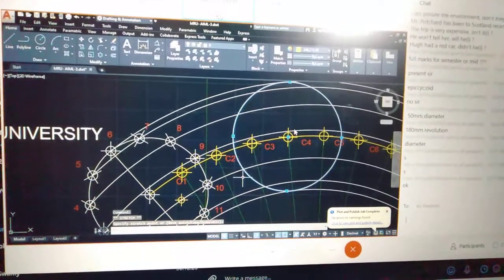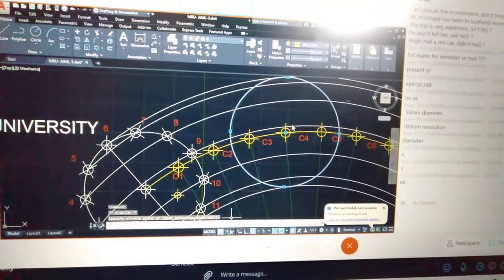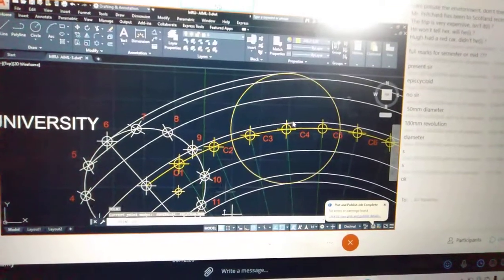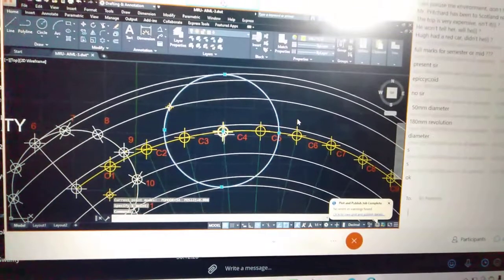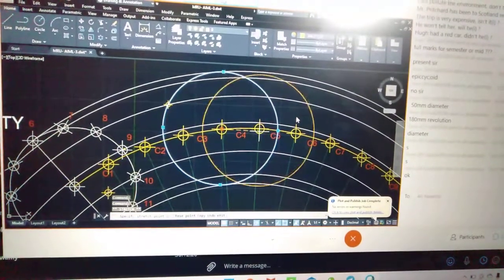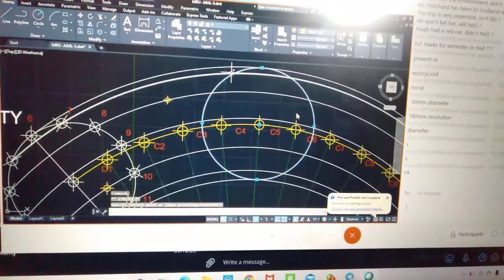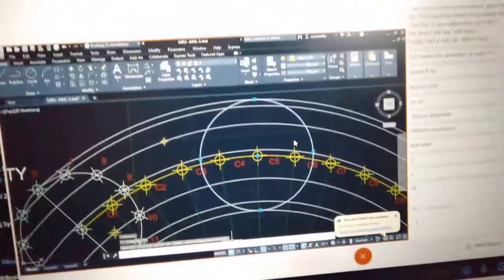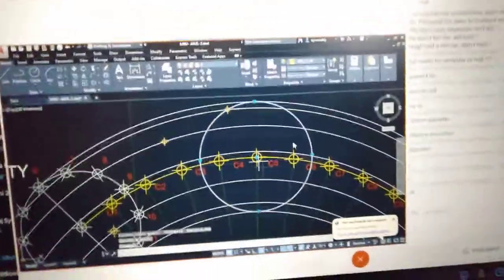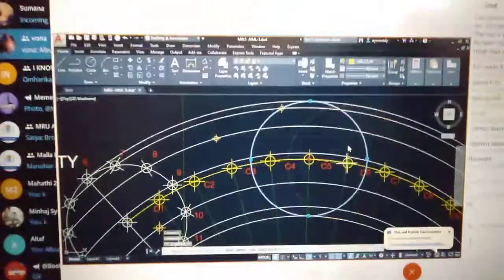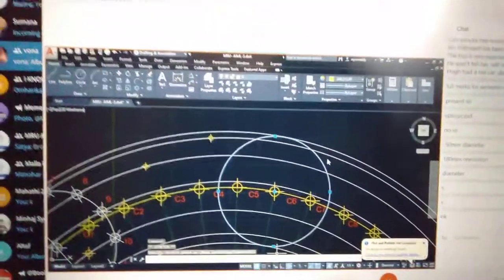Now consider here, make it a point on the fourth line. CO, enter. Now after completion of this one, move to the fifth point. Make it a point on the fifth line. CO, enter, fifth line. Now move to the sixth point. Make it a point on the sixth point.